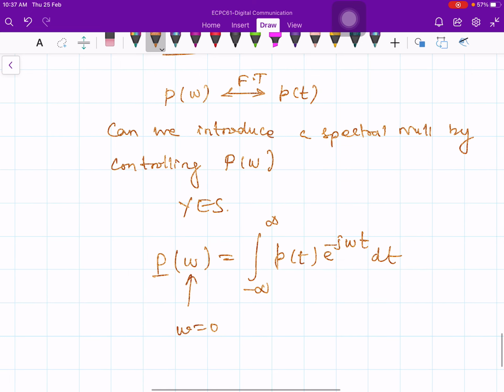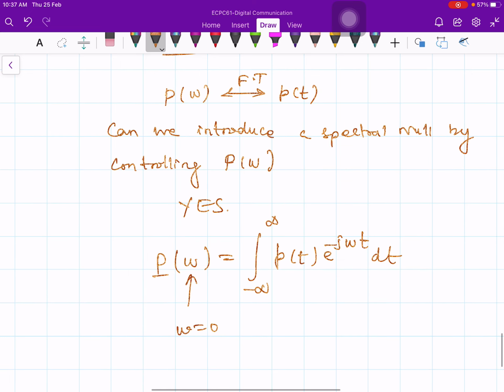Okay, that is it. Now, as far as what is this? This is the DC value or spectral null at omega equal to 0. As far as the DC value is concerned, that is the value which is determined by the area under the pulse. Okay. So, what is this? Area under the pulse. Now, what do we need? We need a spectral null, that means it should be equal to 0.